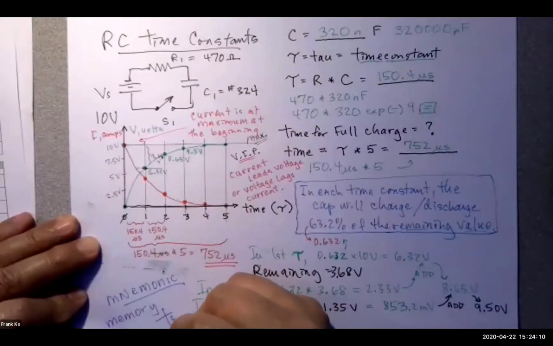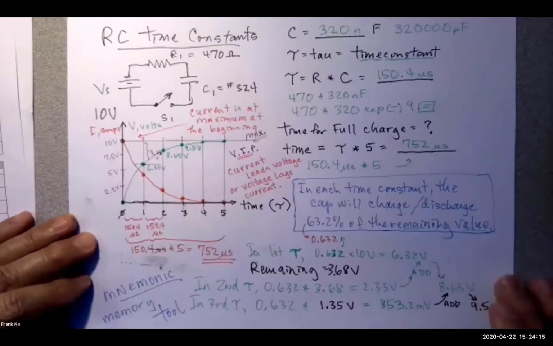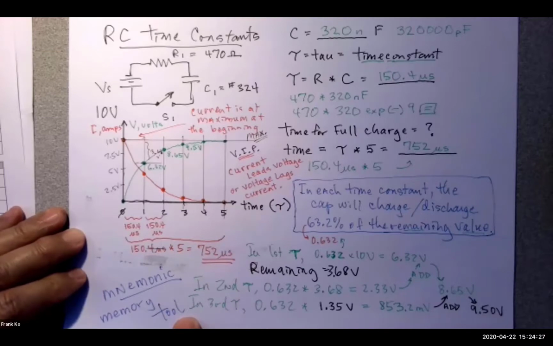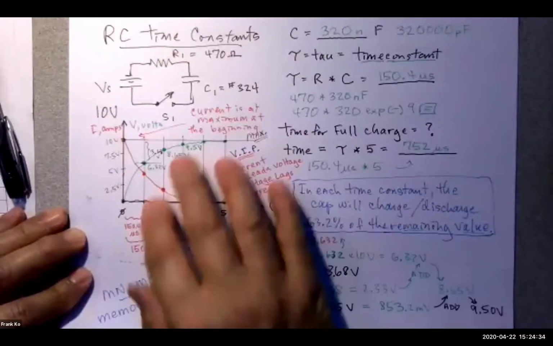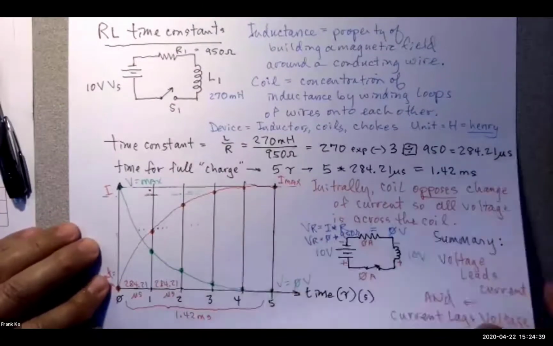I'll give you a simpler one, and I like this one because there's many different ways of putting together a mnemonic, but fundamentally, it's a memory tool. So there's ways we can use rhymes to help memory tools. We can use acronyms. We can use abbreviations. So a mnemonic is fundamentally a memory tool. So the RC time constants and how this is derived and RL time constants and how this is derived takes us to a memory tool called,